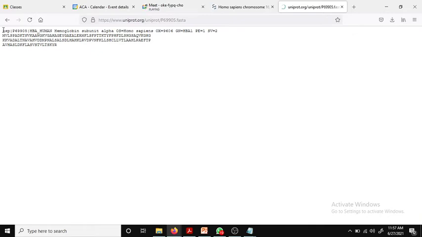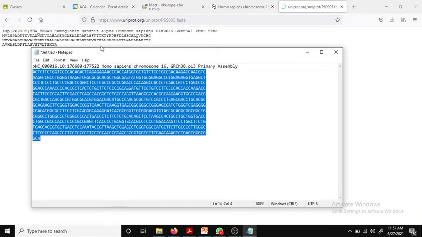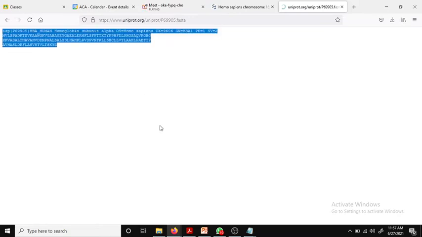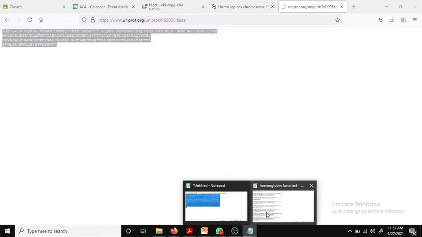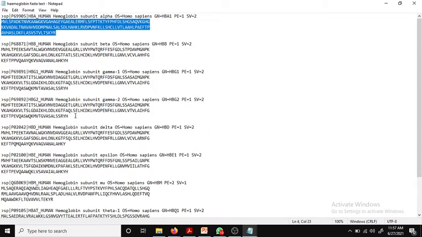So this sequence and the sequence which we downloaded earlier are the same, but it is the nucleotide one that is transcribed and translated. This is the protein outcome of that sequence. Here I am doing the phylogenetic analysis based on protein sequences. We can do it either way, with the nucleotide, at the mRNA level.